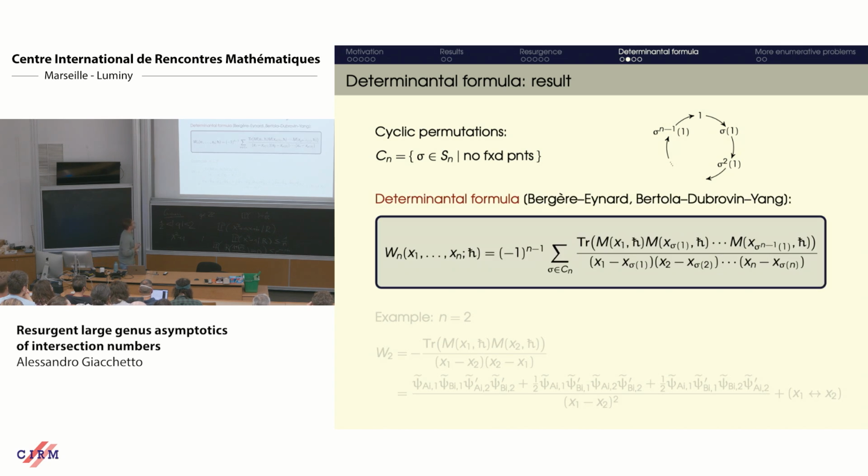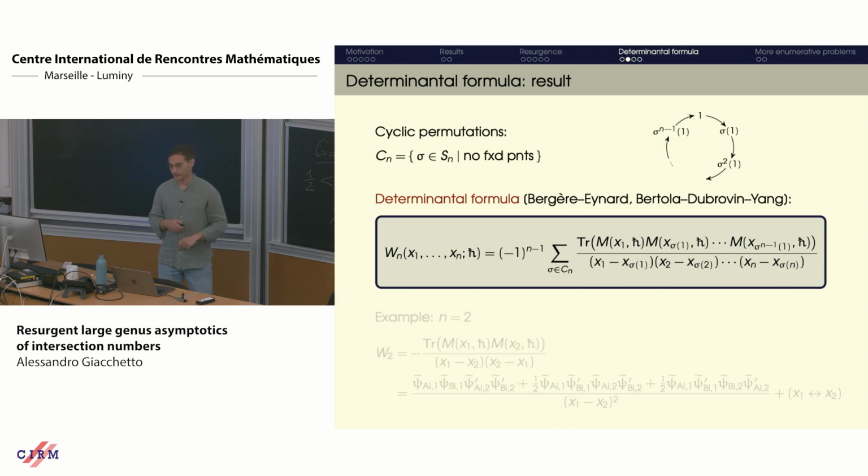The statement of this determinantal formula, which is due to Borot-Eynard from the topological recursion point of view and by Bertola, Dubrovin, Yang from the KdV point of view, is that the generating series of these intersection numbers is given by a sign that is not so important,